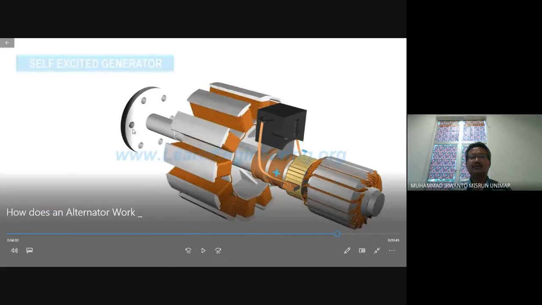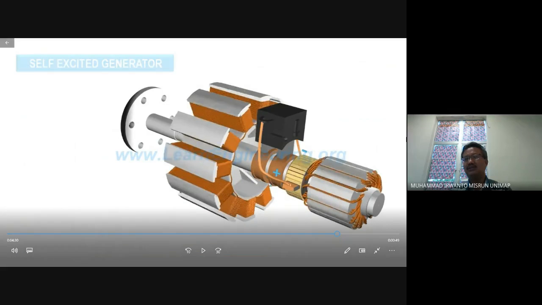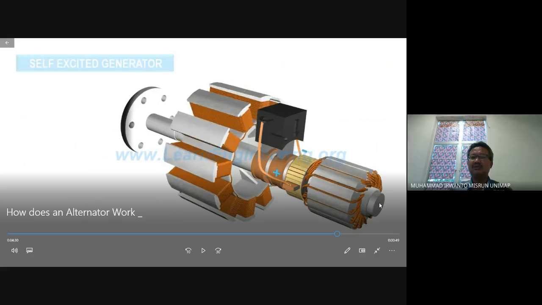Okay, so we can call this the self-excited generator. We can also connect to a separate DC source, for example, positive and negative connected from outside the generator using a battery. But remember, the battery can be low in terms of voltage. In this case, because it is continuous, the rotor of the DC generator will move together and continue to produce the DC source to supply the rotor winding of the synchronous generator.